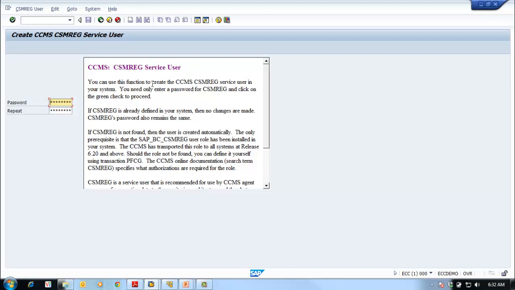You can use this function to create the CSMREG service user in your system. You need only enter a password for the CSMREG and click on the green check to process. That means this tick mark. Create the CSMREG user, you can see that. And if CSMREG is already defined in your system,